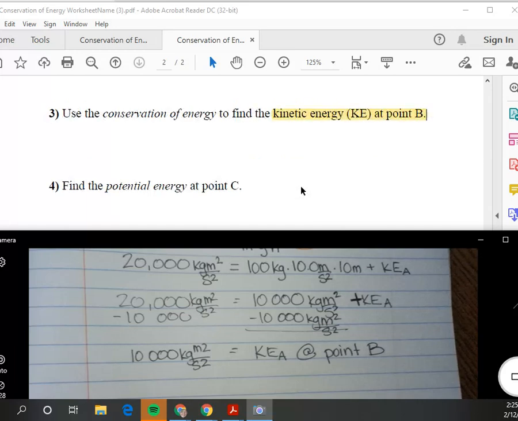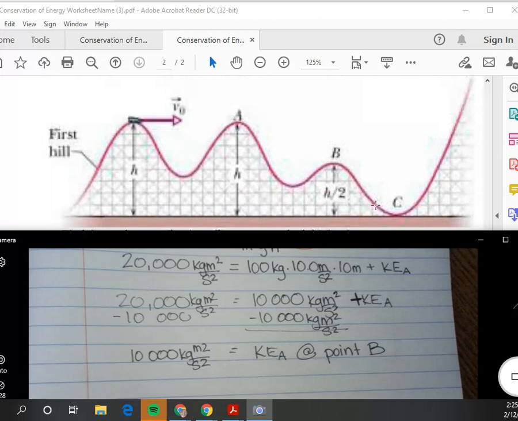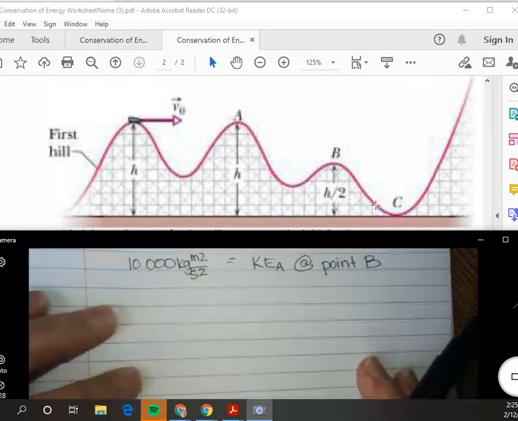Let's look at the next one. Find the potential energy at point C. If we go back to the picture, it says potential energy. So at point C,